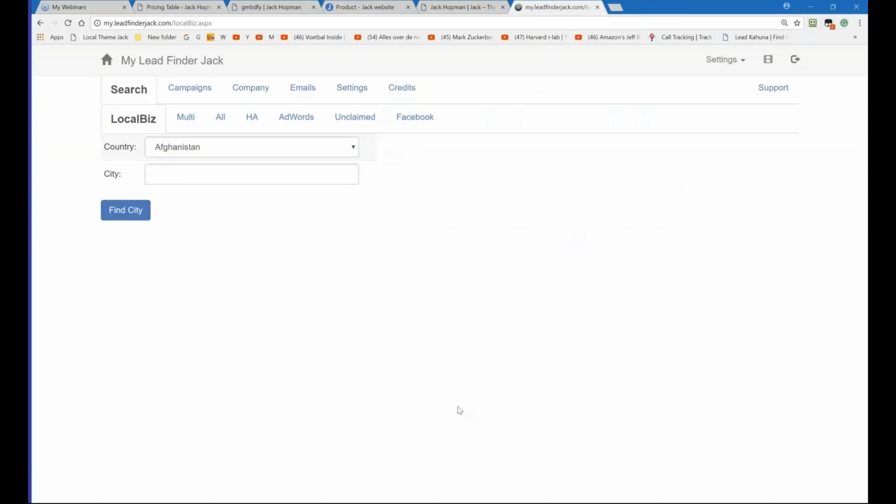Okay, tell me if you have access to the cloud version for Lead Finder Jack. Enter yes or no. Okay. Now, I see only yeses. Now, Julian said, I love it. Now, do you guys notice a difference? So when you logged in, did you notice a difference? Tell me if you saw a difference. Did you see a difference?